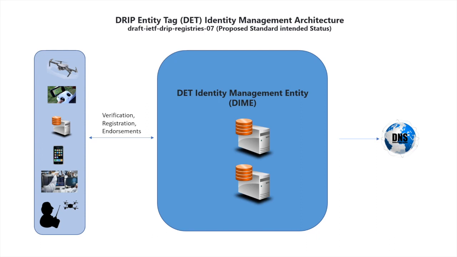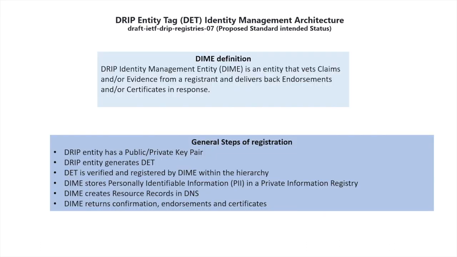Only very limited operational information can be broadcast, but extended information is sometimes needed. DRIP identity management entity, DIME in short, is an entity that vets claims and evidence from a registrant and delivers back